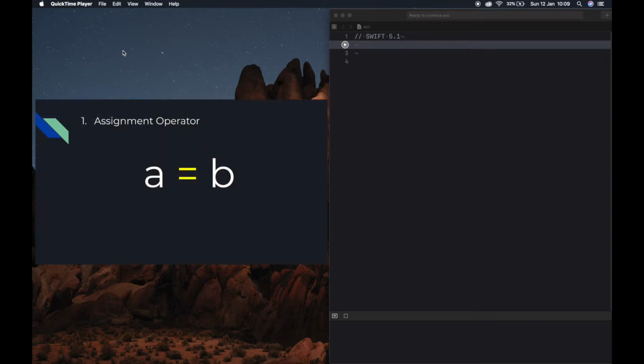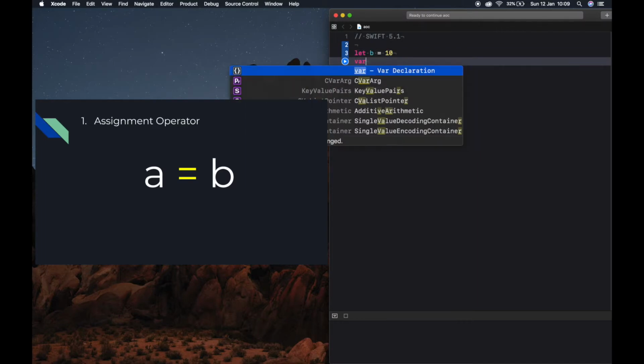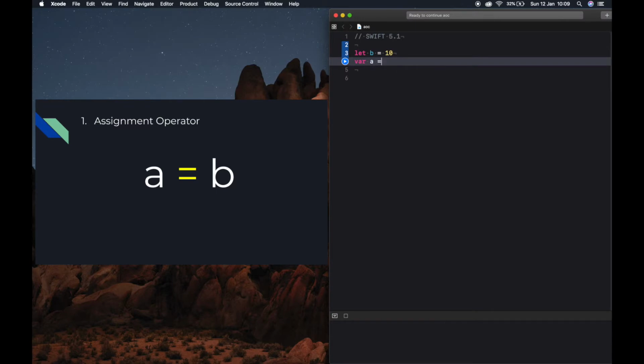Assignment operators initialize or update the value of A with the value of B. For example, B is a constant with a value of 10. A is a variable with a value of 5. See, the value of A is 5.